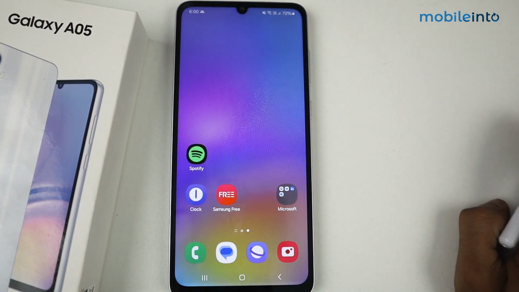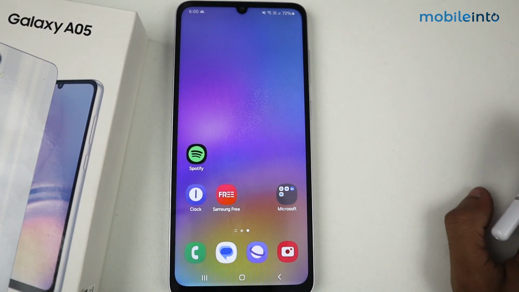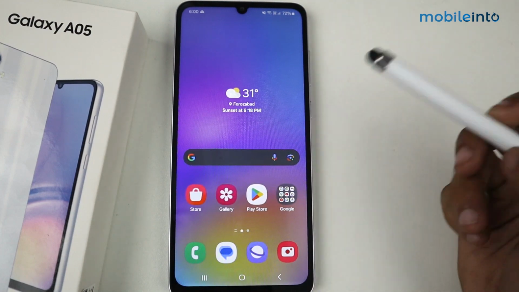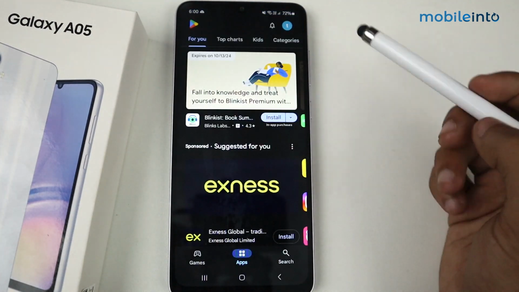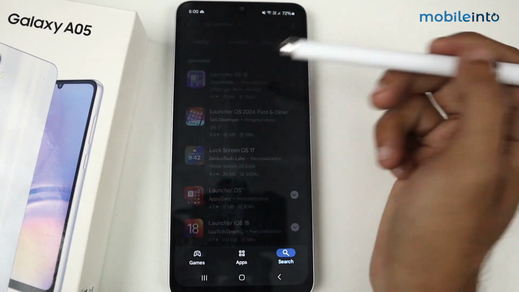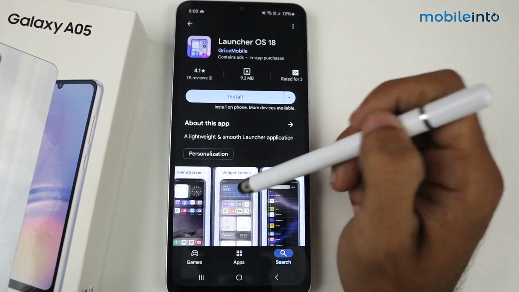Hey guys, what's up? In this video, I'm going to show you how to install iOS launcher in Galaxy A05 device. So for this, all you guys have to do is just go to Play Store and then search for iOS launcher 17. By the way, this one is the launcher OS 18, and all you guys have to do is